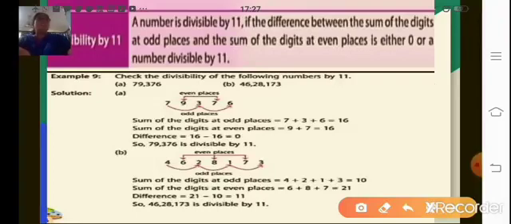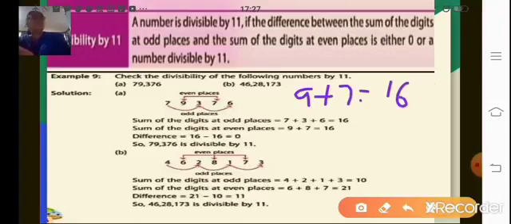Example is given 79,376. Now the number in even place. Even means 0, 2, 4, 6, 8. 2, 4, 6, 8 all are even numbers. Now which is the number in second place? 9. Third place is an odd number. Again fourth place is an even number. So 9 plus 7